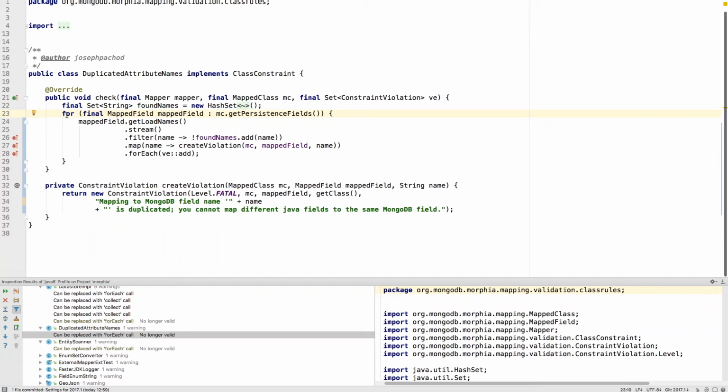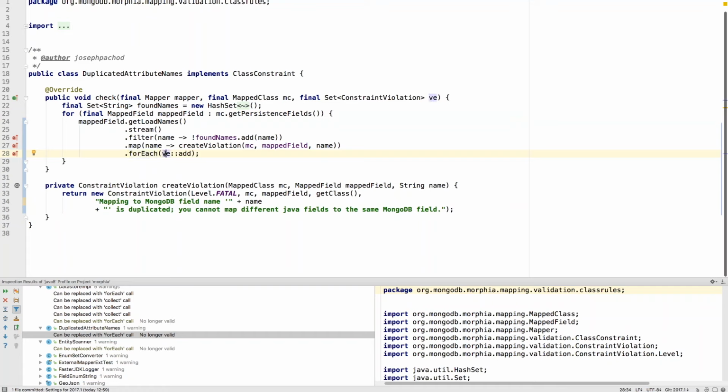But I know that the way this is structured right now, I can't do that, because it's this mapped field which I need access to here and here, which stops me from inlining this for loop. And similarly, I have to do a for each instead of doing something more streamy because I'm passing in this